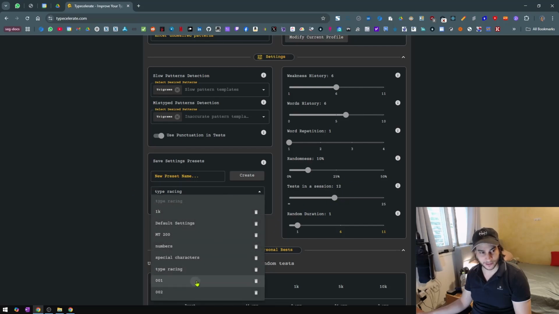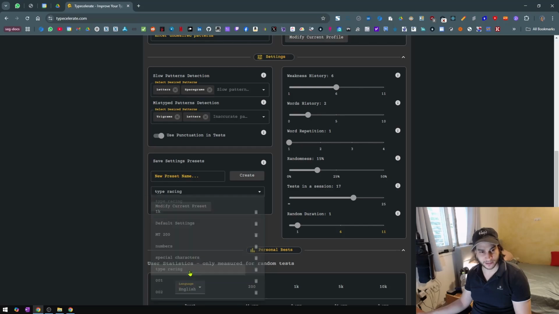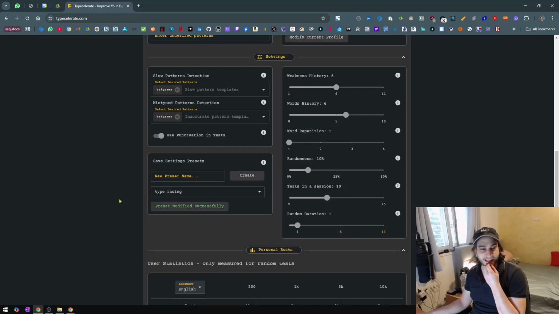So let's prove that. Let's go to 001 and then type racing. And you can see tests in the session is now 12, unlike before. I'm actually going to put it back to where it was. And that's it,